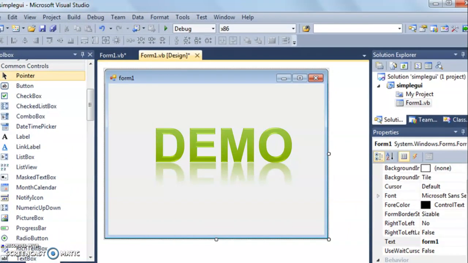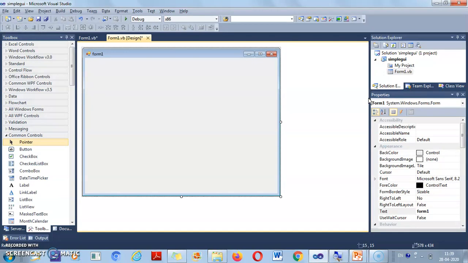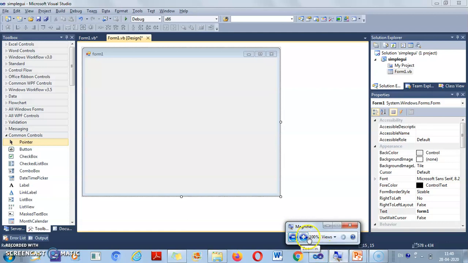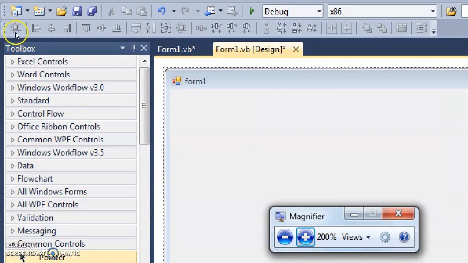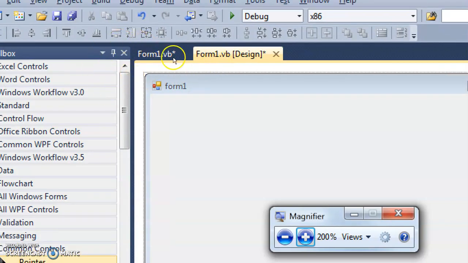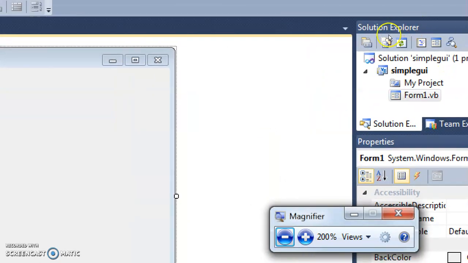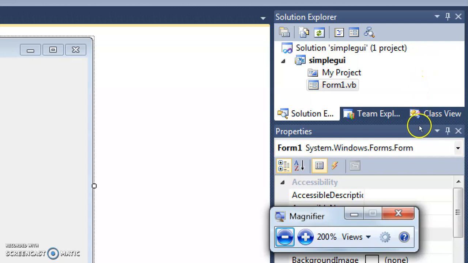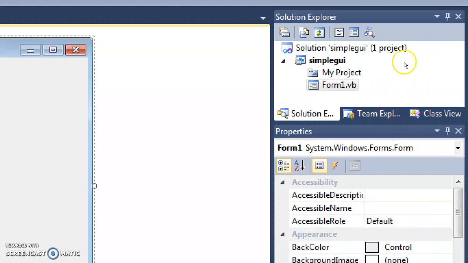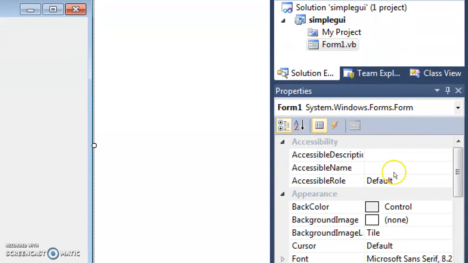Now we will go for a demo for designing one addition program. Let's start with the IDE. So I will focus on the first components which are available here. You will see here the toolbox. At right or center you will find the form component. Then on the right side, Solution Explorer is there, and below that Solution Explorer you will find the property window.